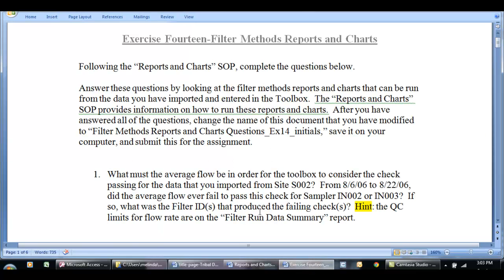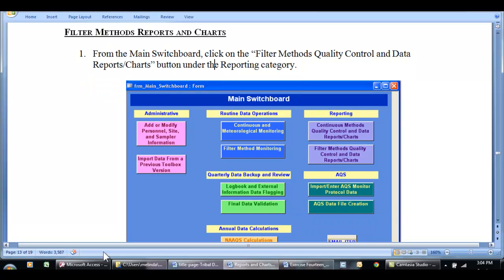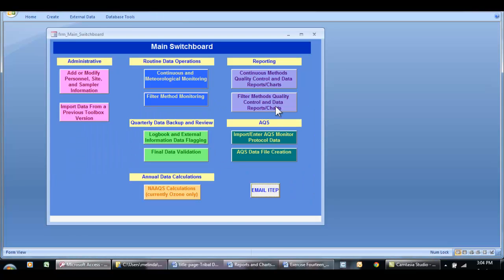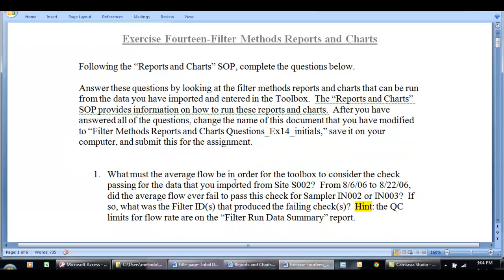So this exercise says follow the reports and charts SOP, which is the same SOP that we used in the previous exercise, but now we're in the middle of it, where the topic goes from continuous methods to filter methods, reports and charts. So we're in this SOP, and you can see it shows what we have in front of us and tells us to click the filter methods, QC, and data, reports, and charts button. So we click that, and we go to the exercise, and the question is, what must the average flow be